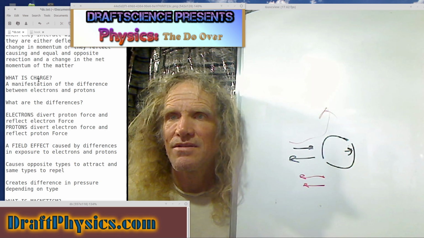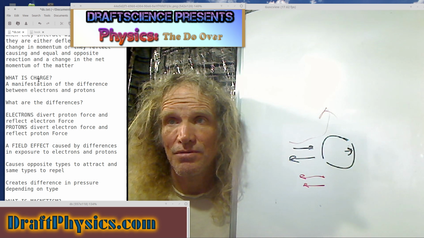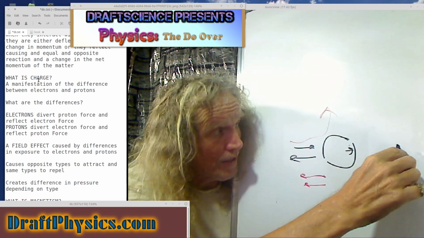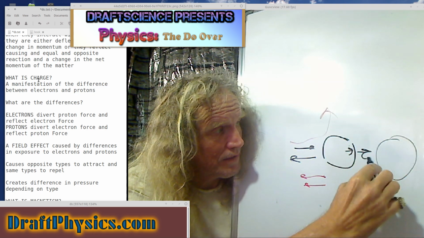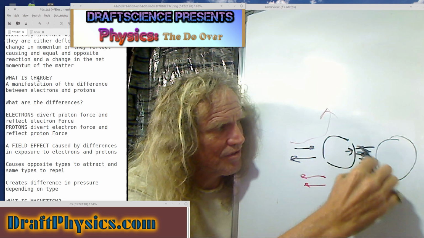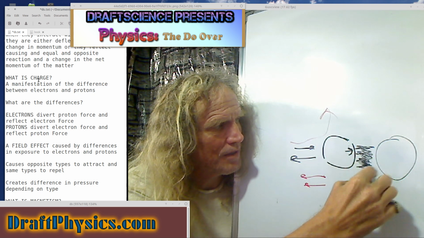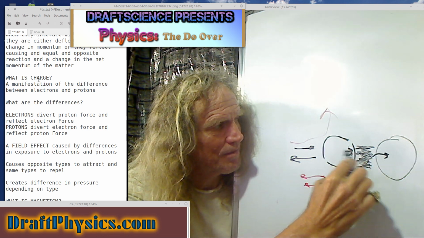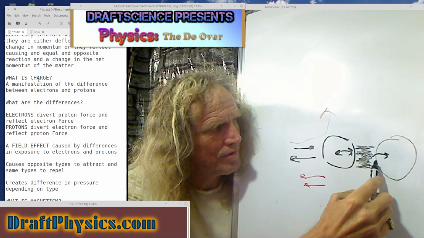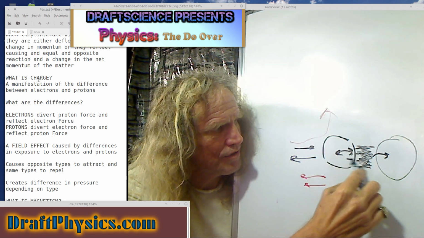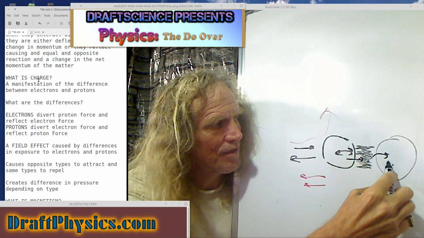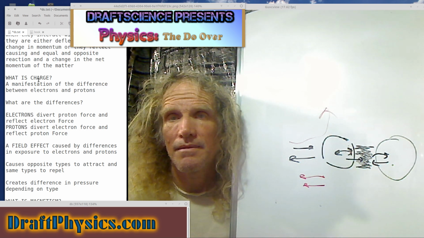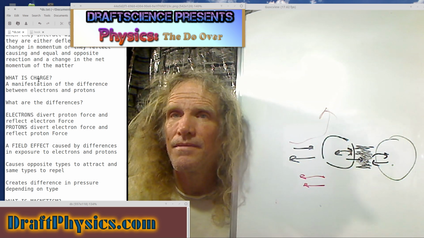All right, causes opposites to attract and same types to repel. So I sort of already went over that, but obviously the sames is going to be the obvious circumstance, this reflective scenario where you just end up with an intense amount of pressure here, because the same piece of energy keeps interacting because of the reciprocal relationship between these two actions. These two keep making exchanges that end up causing another exchange in the other guy, and so they just multiply the exchanges, and it becomes a very strong pressure.